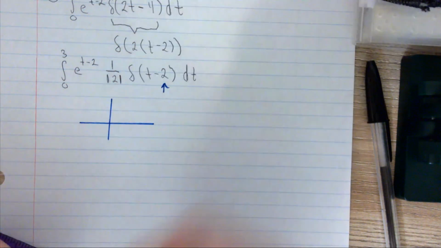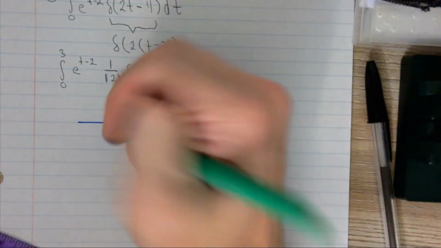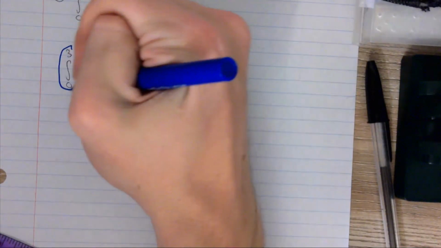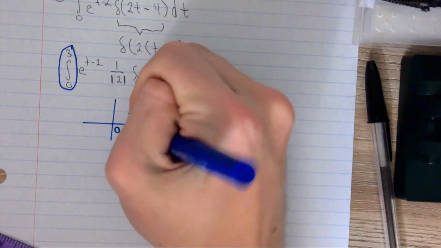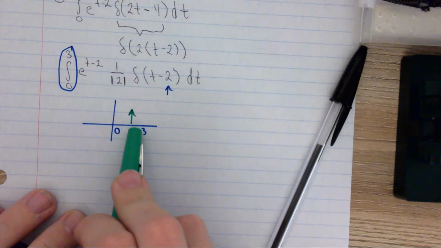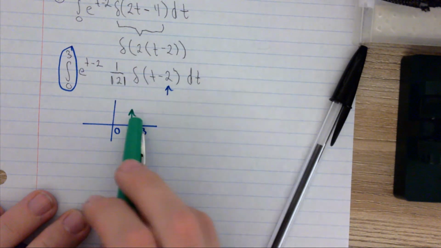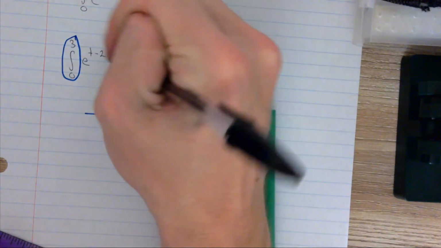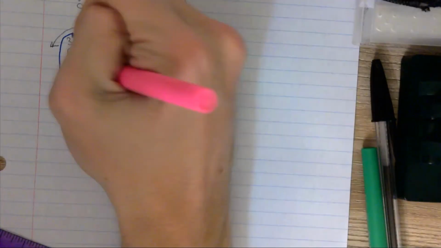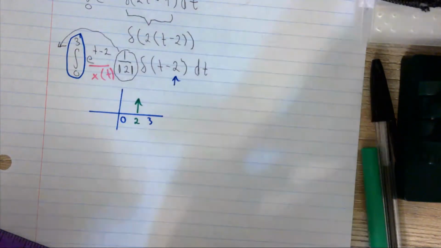And so if we draw it out, specifically at time 2, our unit impulse will occur. Our bounds are 0 to 3. And now, since between 0 and 3 the unit impulse occurs, then it's going to be the unit impulse times, and then this is just a constant here, 1 over 2. So that can come out of the integral. We know from calculus, a constant can just come out in front. But this is where the x of t term is. So that would be e to the t minus 2. I don't care whatever that is. We just know due to the